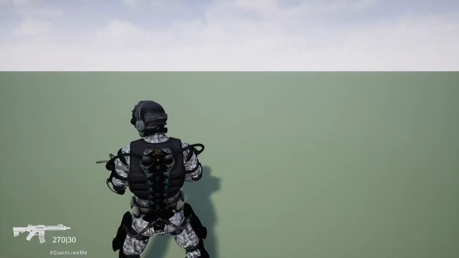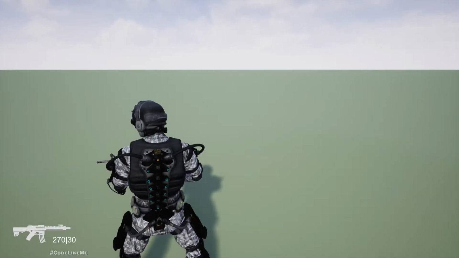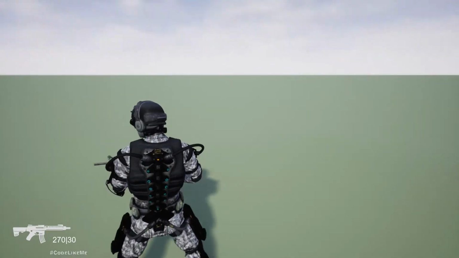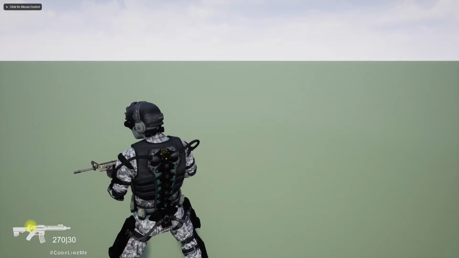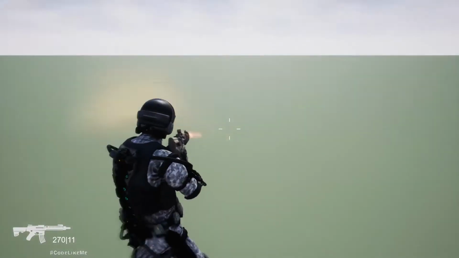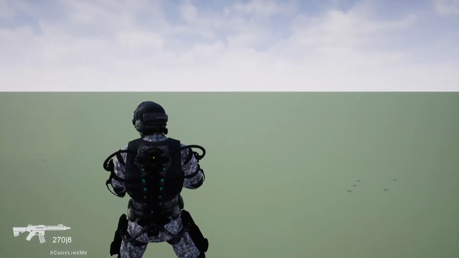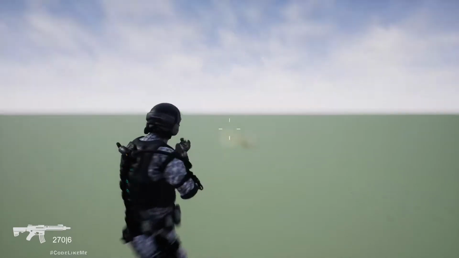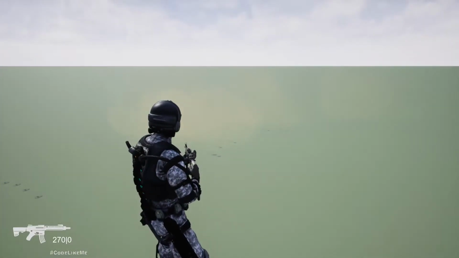Hello everyone. So today I am going to work on this simple gun HUD. As you can see here in the bottom left corner, we can see a small icon of the rifle and the total ammo count and the loaded ammo count. So when I shoot, you can see the number of loaded ammo count is reducing, and when it becomes 0,